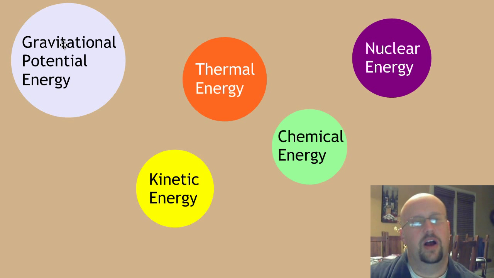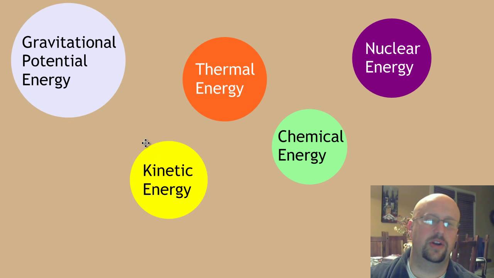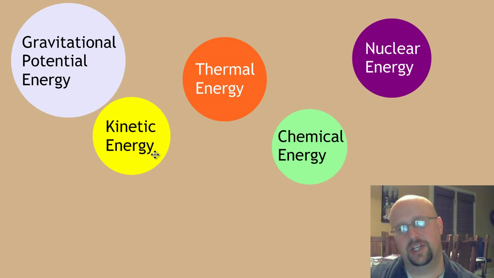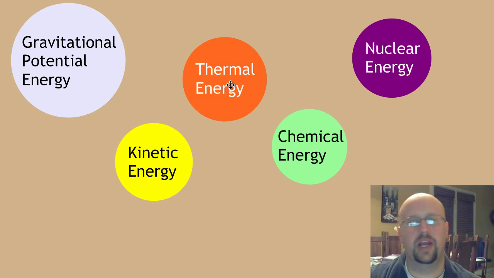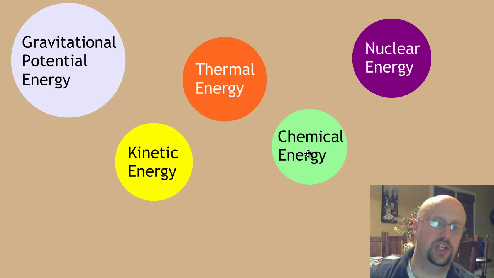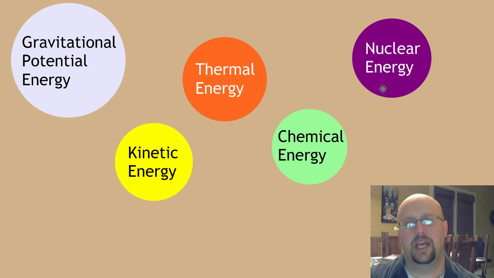We've got a car on top of the hill, and it's traveling down the hill, and its potential energy is converted to kinetic energy as it goes down the hill. You hit the brakes, and some of that is then converted into heat energy, into thermal energy. Obviously, the car is driven by chemical energy, the combustion of those chemicals that are in the tank, or maybe it's just some super awesome future car, and it's powered by nuclear energy.